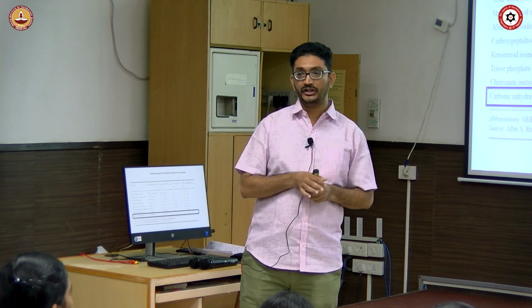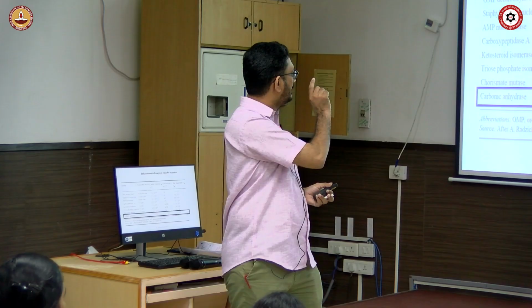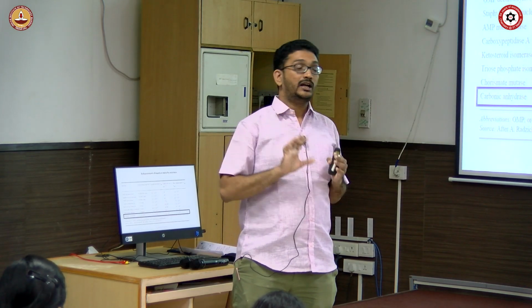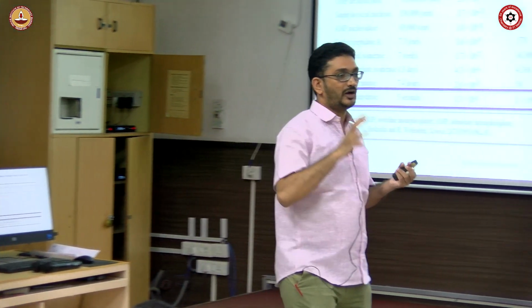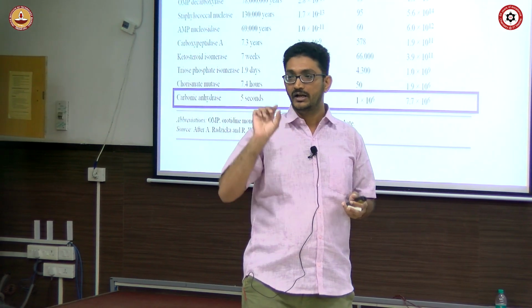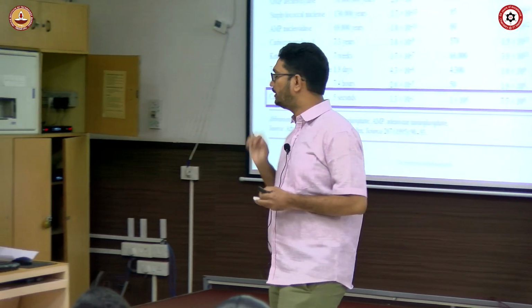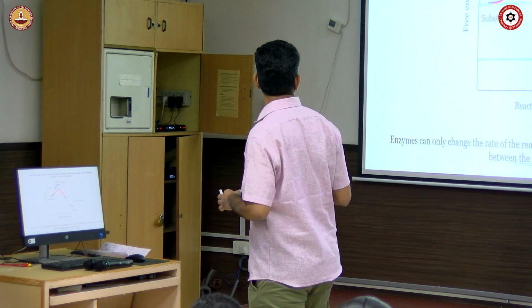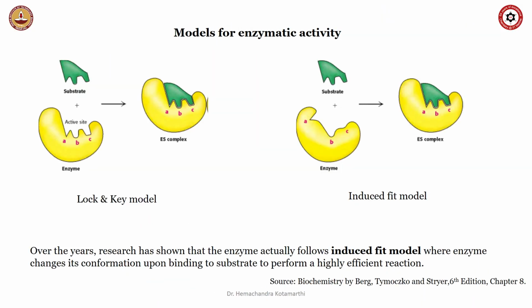Now, as I said, how do they do that? For that, we will take the simple example of carbonic anhydrase. Although that is a very, very detailed structure of how the enzyme catalyzes it, we are actually going to talk about enzyme kinetics a little later. But for you to appreciate how they do it, we will just take the example of a simple carbonic anhydrase. Now, enzymes actually have multiple mechanisms. We will come to that.